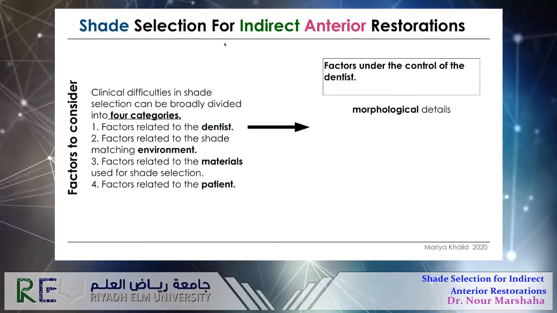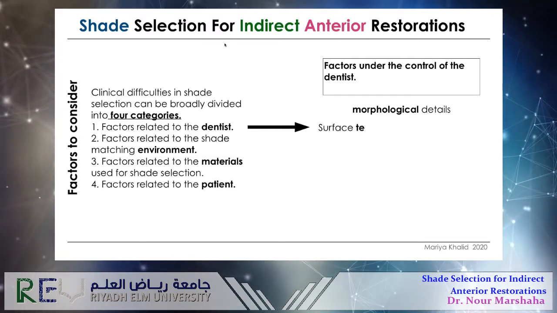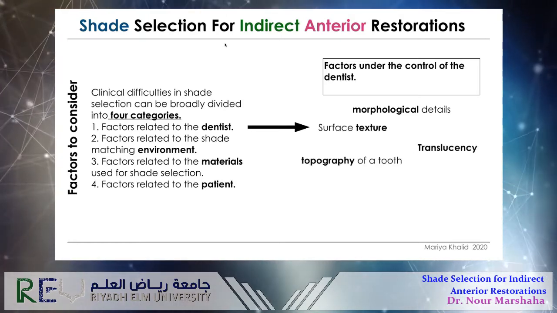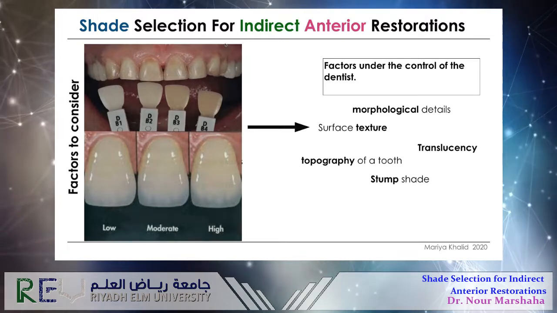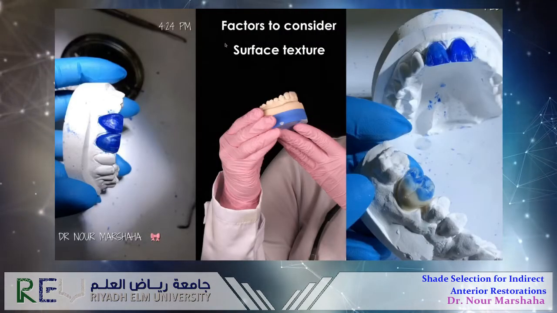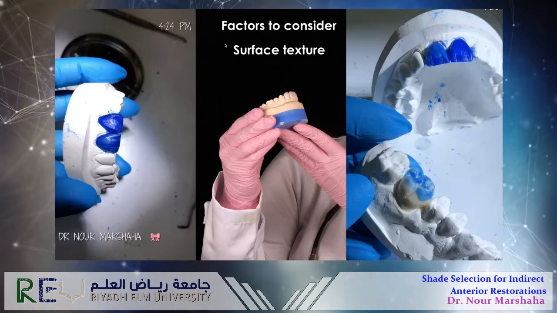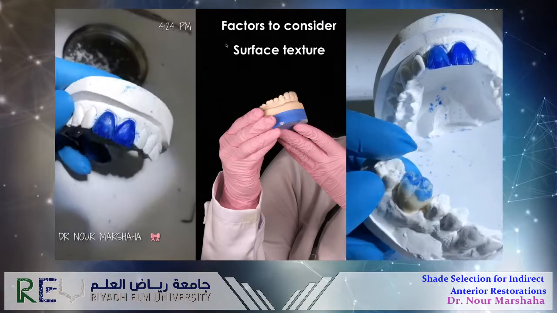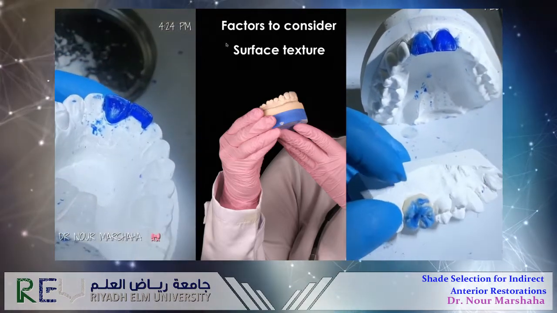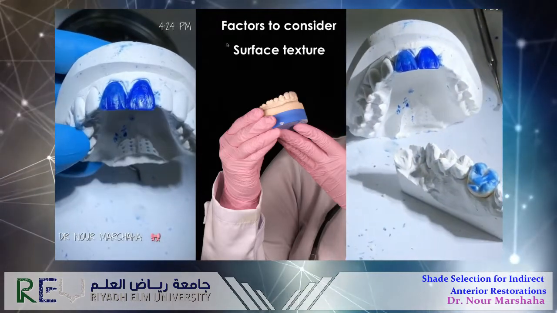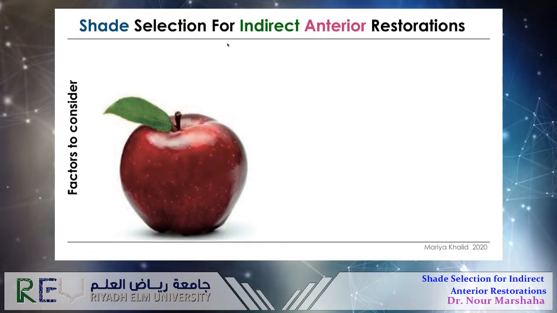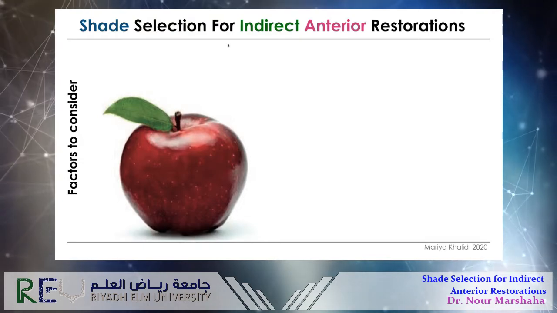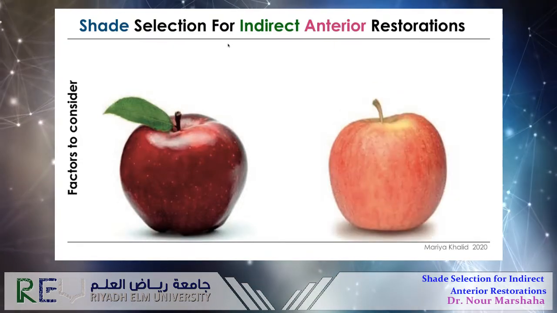The factors under control of the dentist also include morphological details, surface textures, translucency, topography of tooth, and stump shades. Okay, and now, when you are going to be a very good dentist in aesthetics, you have to know how to do curving and to check all the cases that come from the dental lab before applying the restoration in the final procedure. Now the factors to consider: the tooth surface is also a very important factor when we are choosing the color,